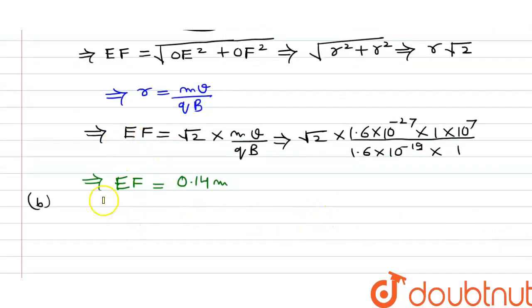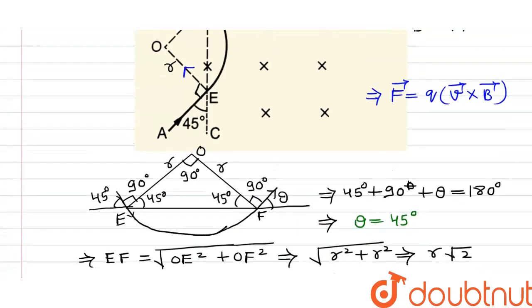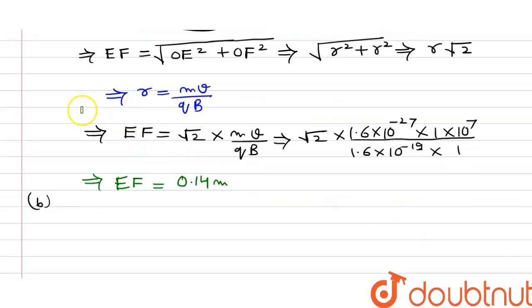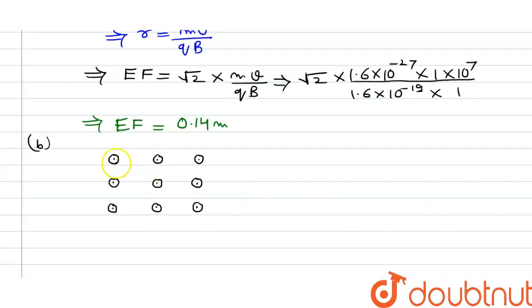So we know that in the first case, the area of the circle which was traced by the particle was 1/4 of the full circle. So if the magnetic field is coming outside, then we can say that, suppose that it is a magnetic field which is coming outside. What will happen in this case? In this case, particle will move